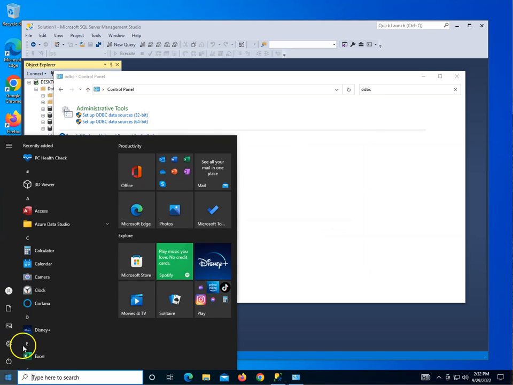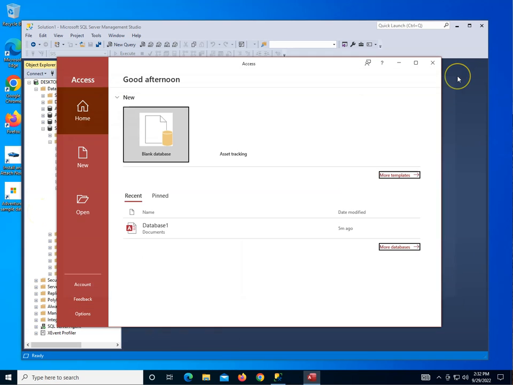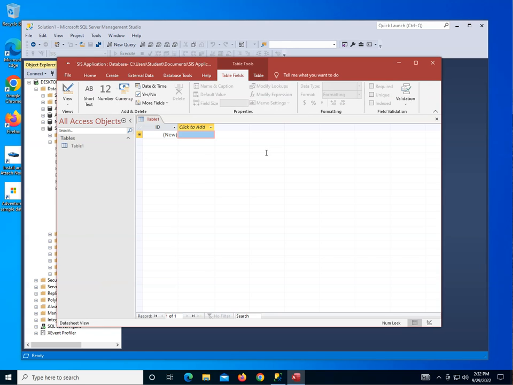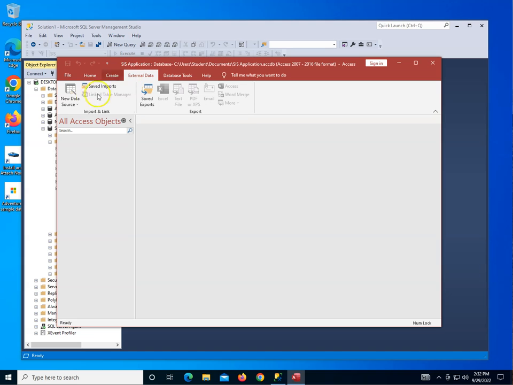Now what I'm going to do is run Microsoft Access right here. Let me go ahead and close my ODBC connections. And I'm going to create a blank database, and I'm going to call it sys front, sys application, and let's create that. By default, Access wants to create a table. I don't. I'm going to close it all, and instead I'm going to go to external data